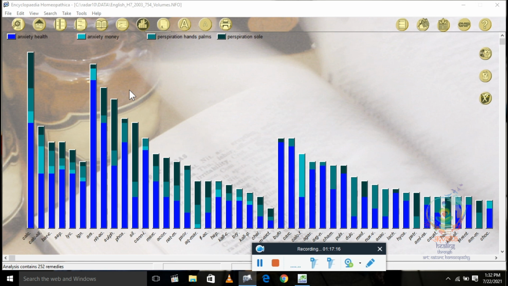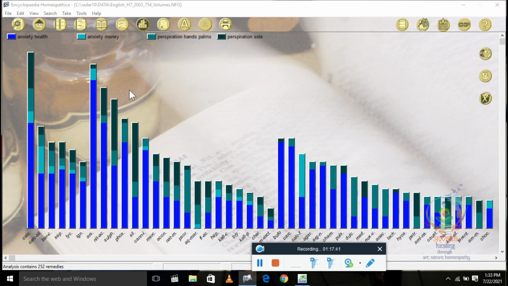See, there are so many software available in the market: Radar, Opus, Zomeo, ISIS, Mac Repertory and Reference Work. But 3 of them are the best: Zomeo, Radar 10 and Mac Repertory and Reference Work. You can really make use of it.